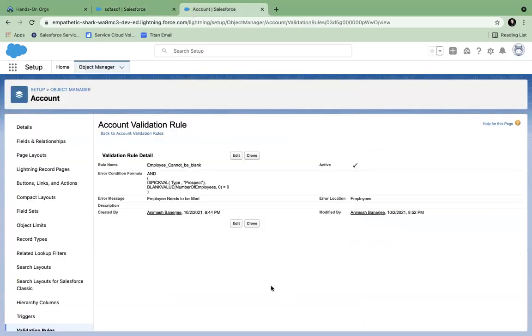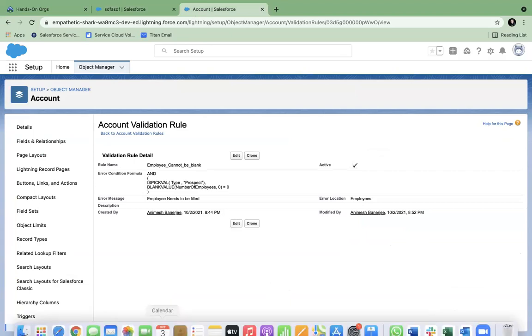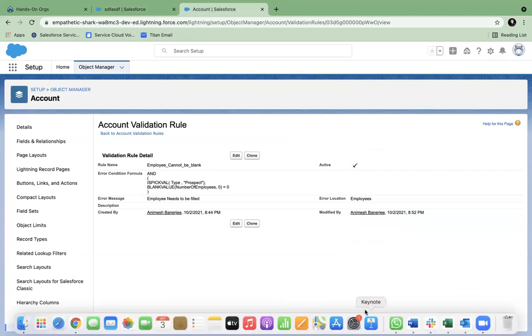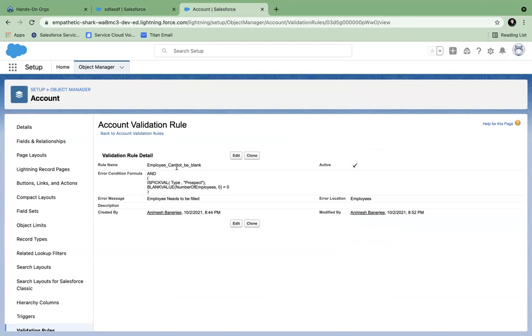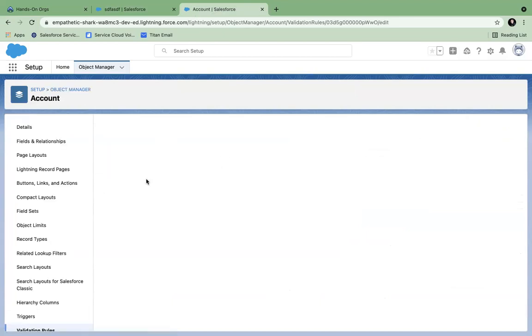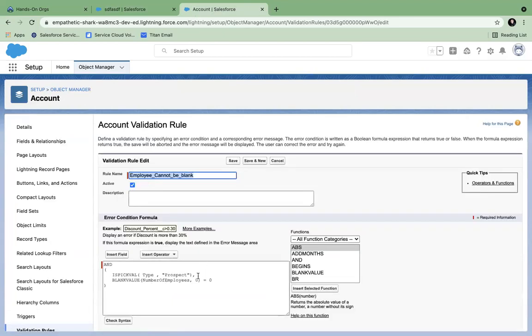So I will go back to my screen once again. This OR condition also works the same way. If you want to use it, you have to use this pipe operator, or you can make this OR. It will work the same. Then in that case, if any of the conditions is fulfilled, it will block.